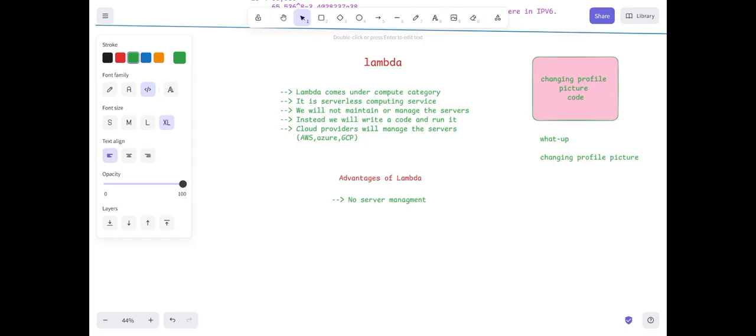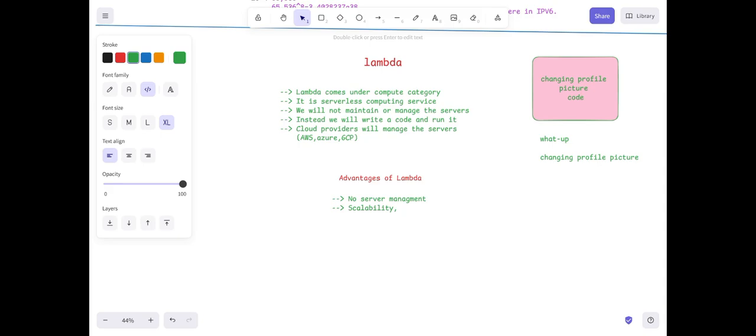Okay, so one thing, it is completely customizable; it completely depends upon our requirement.